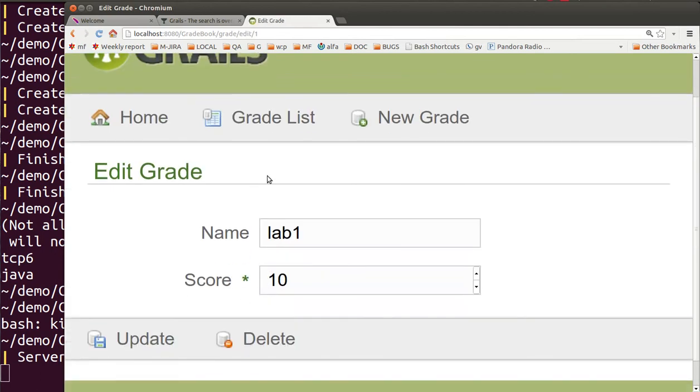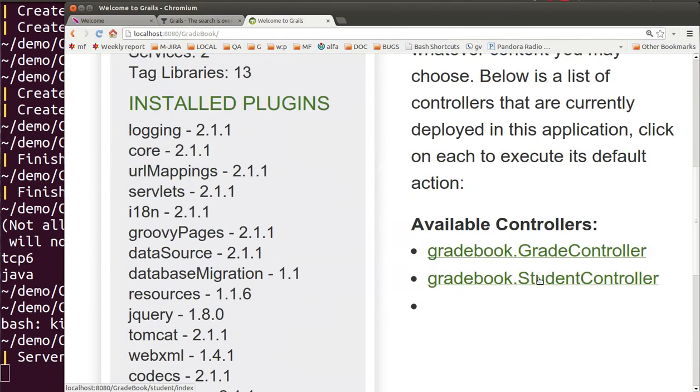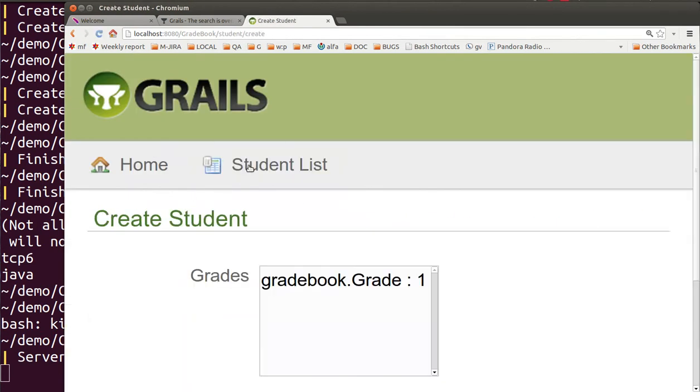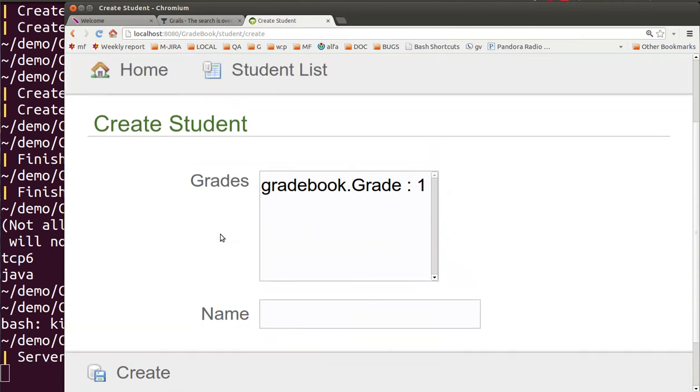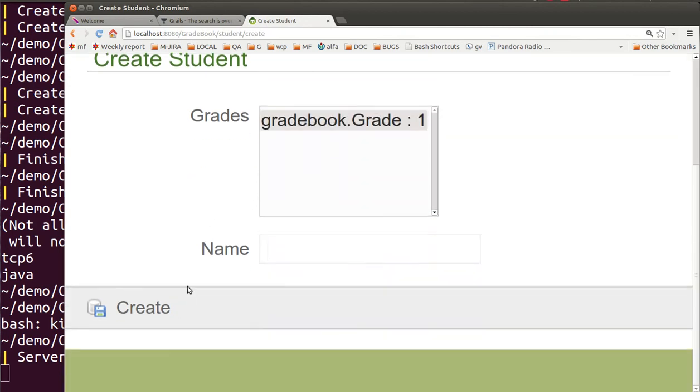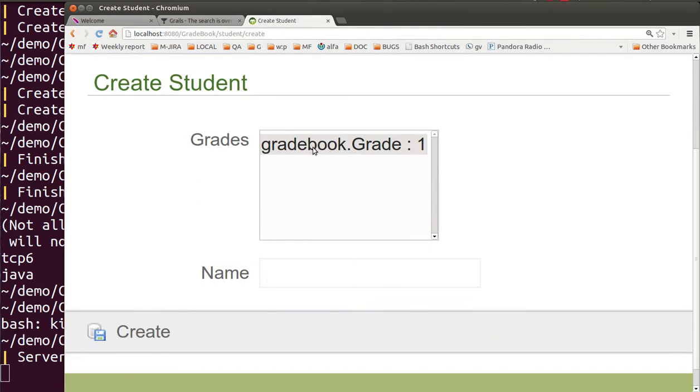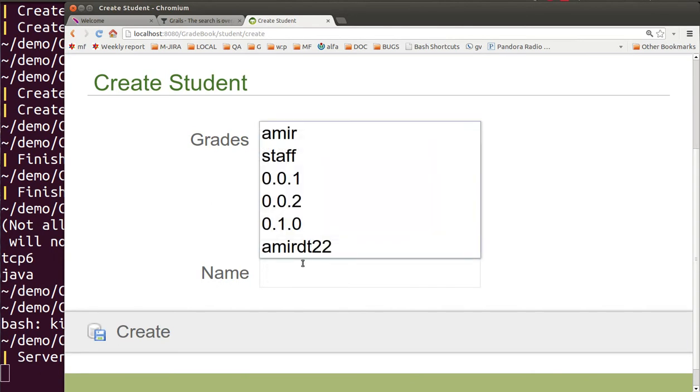And we might hide the new grade. We might hide this and just have the student controller. Let's see what this gets us. So we see that this is tying together the grades that are available with the student. So probably what I should do is update the toString, and update my application so that when I create a student, I can create a grade from within the student. I don't have to create grades separately and then come over here and choose the student's grade. But let's just put in